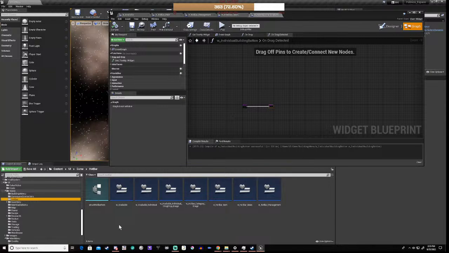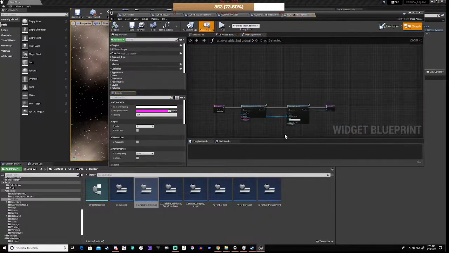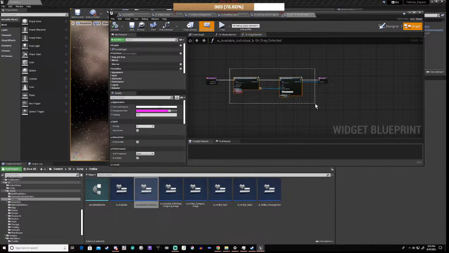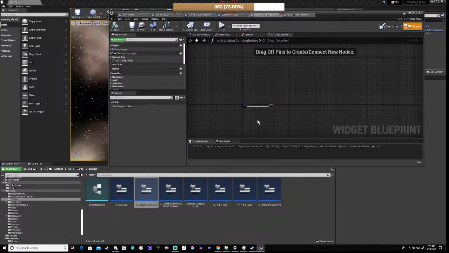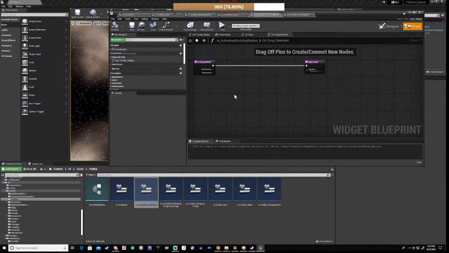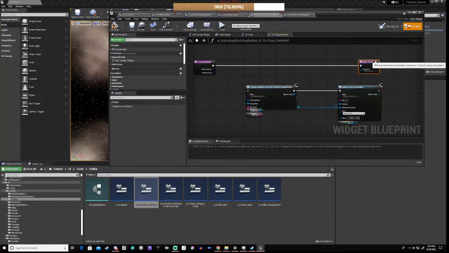And we click on our hotbar and our individual, then go to our graph, and then we do the same thing, copy that, go back to here, paste that, drag these up,